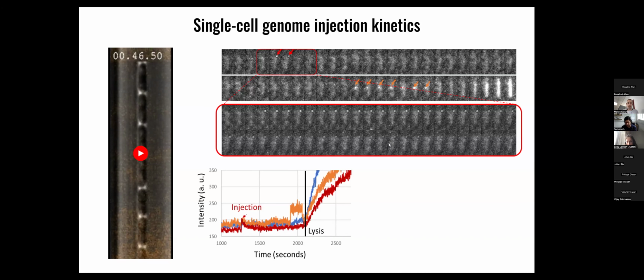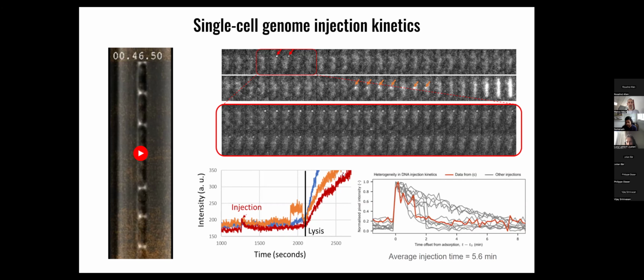For each of those traces, we can see this is the first phage landing, a sharp spike, and then the signal goes down over time. The second phage landed, which was much brighter, and we think it's a damaged phage because it doesn't inject, but it also shows that the decaying signal is coming from injection, not photobleaching. When the cell pops, the membrane is permeabilized, so all the dye in the environment comes into the cell, so the signal goes up. From this kind of data, we can quantify the absorption time and also the time of genome injection. And we find that it's on average 5.6 minutes for the phage to inject the DNA.